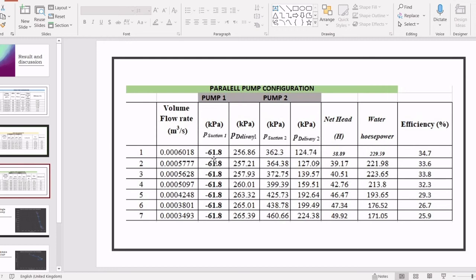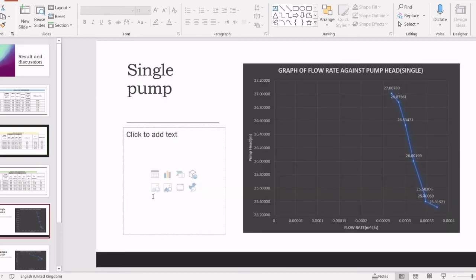Will be the same for the rest of the experiment or of the flow. We go to the graphs which were generated. It is the graph of flow rate against pump head, here the head and the flow rate for the single pump. We have that